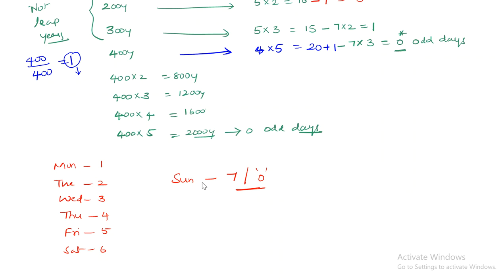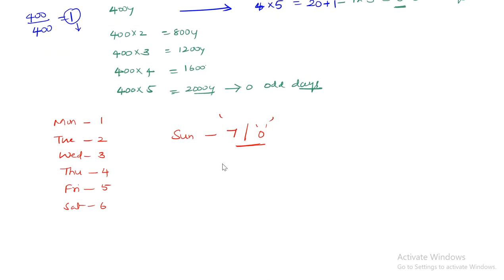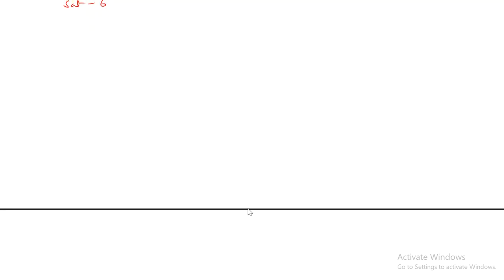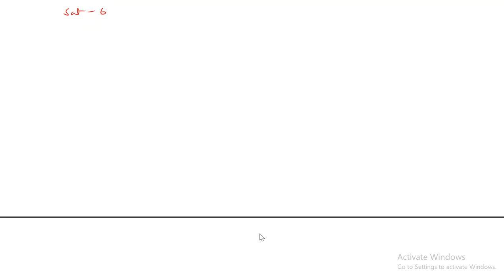Remember this point. In most of the videos I have seen on YouTube, they start with Sunday as 1. You can do that, but they solve the problems with the help of some codes. In this video I'm not going to use any codes, just follow these notations. Just know the concept and you will clear the calendar problems. In calendars there are mostly three models of questions. In the first one, they will give some date from the calendar and ask what the day will be after a few days.